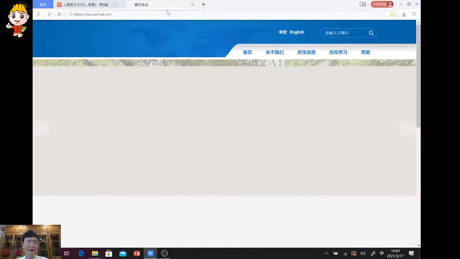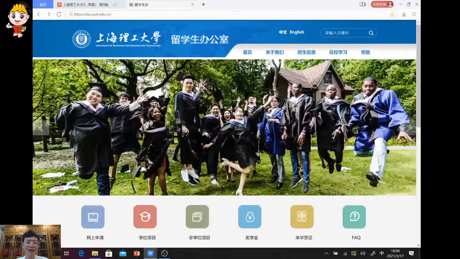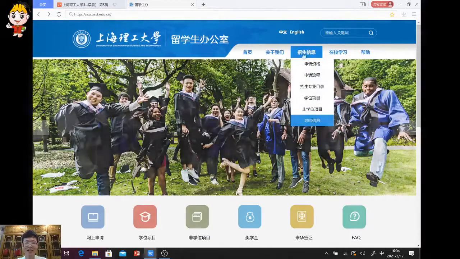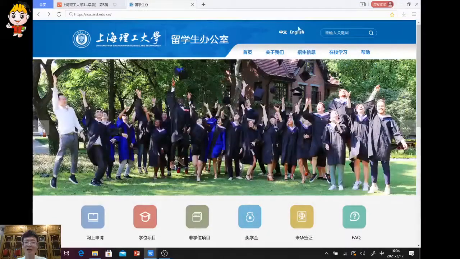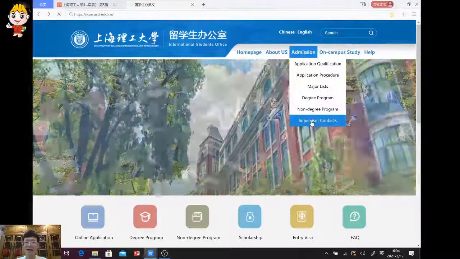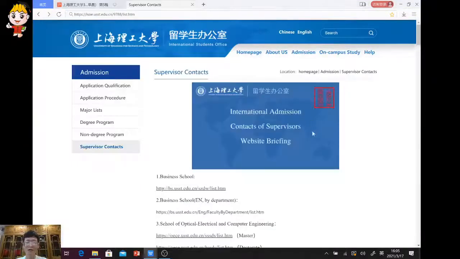Here, as you can see, this is the USSD application portal, the key information. Here, you can click, and click here, the supervisor information. For the English version, you can switch to English and click admission. Here, supervisor contacts for more information.